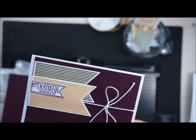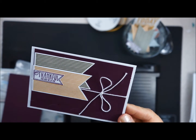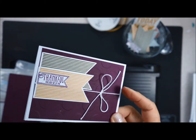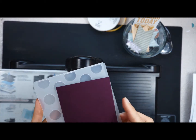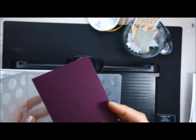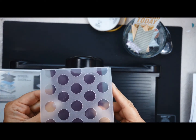This is one of the cards that is in the September 2014 online stamp class. And I want to show you, of course, some little tricks. But the first thing I want to show you is I promised on video 1, I believe, of this series that I would show you how to line up the cardstock, because this cardstock is a lot smaller than on that first card. But if you will line it up inside